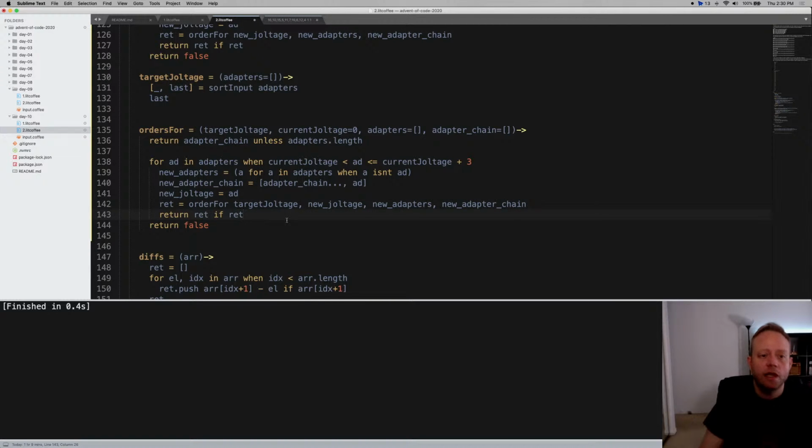Okay, so what are we doing? We have orders for, and we'll return adapter chain if current joltage +3 is greater than or equal to target joltage. I guess we can say if target joltage is less than or equal to current joltage +3. And so if we get an adapter chain, this means we're going to be collecting winning scenarios, arrays of correct chains